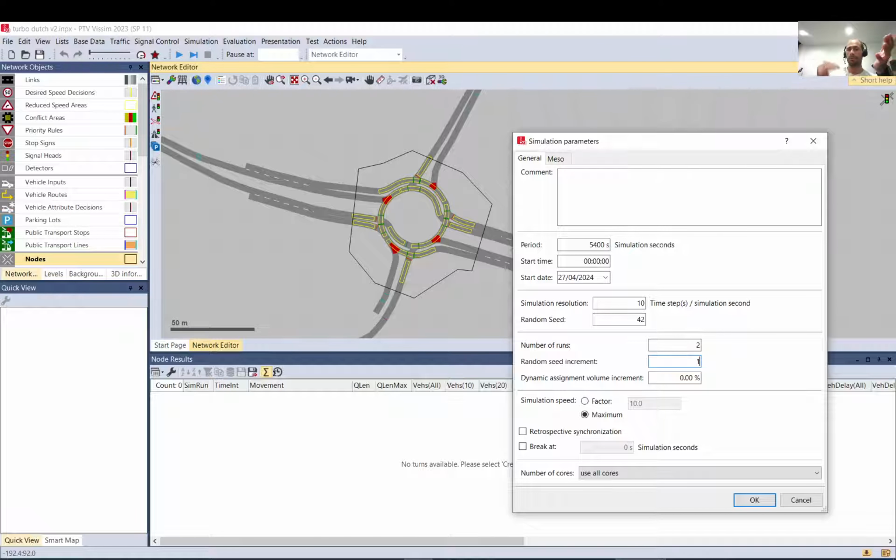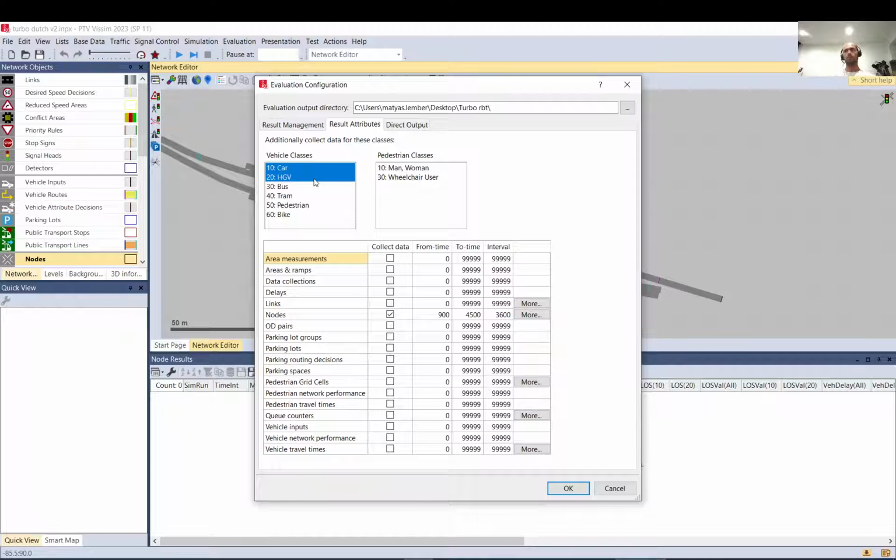All right, evaluation. So here you want to select, by default Vissim gives you data for all vehicles. If you want the data to be separated out for each vehicle class, you must select them here. You need to hold down Control to select or deselect. You need to make sure that node is selected or ticked. And here you need to put,